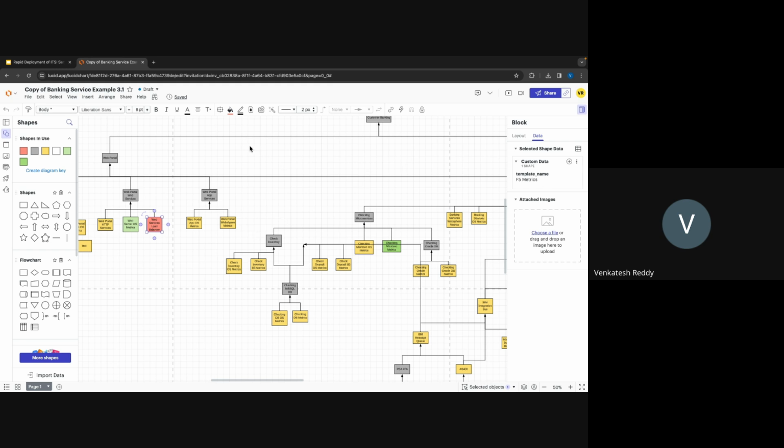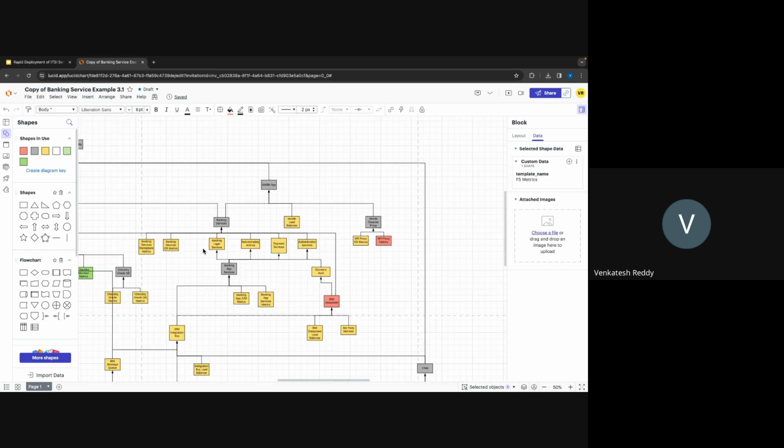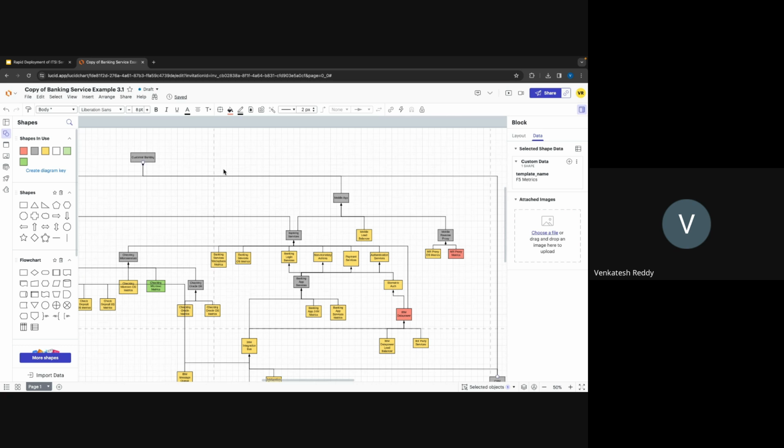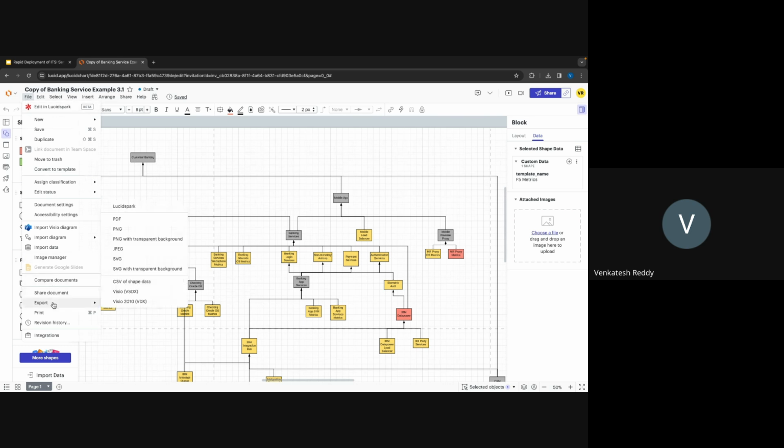But this is way better than a CSV file, because here we have almost 70 services, including customer banking. Now we can export this as a CSV file. We do that by clicking on File, Export, and then choosing CSV file.